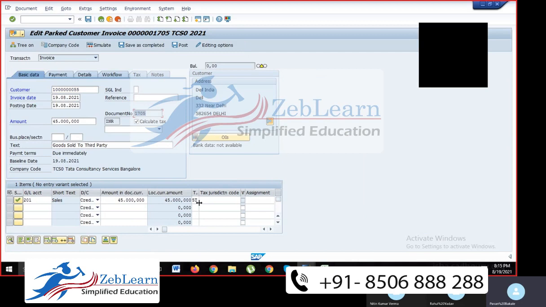Suppose you think you have parked a wrong amount, not 45,000 but 30,000. You can make changes. You can enter 32. Now you can post it. If you still wish to keep it as a parked item, you can click on park here. If you want to post it, just click on post.